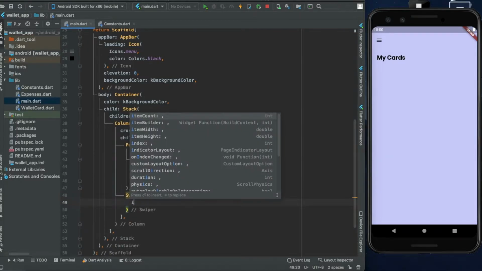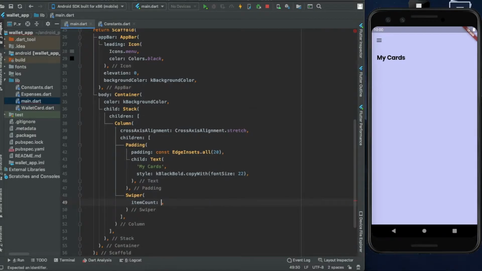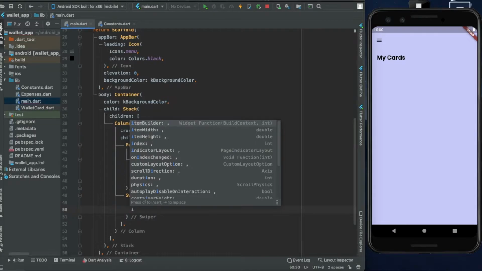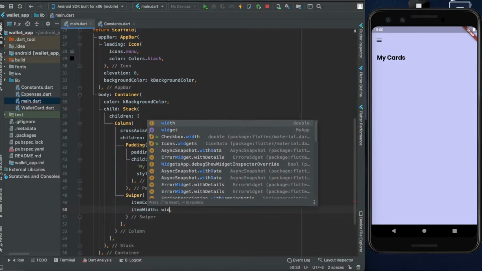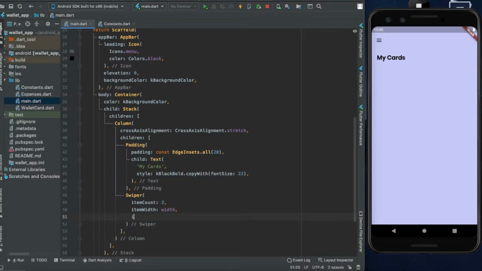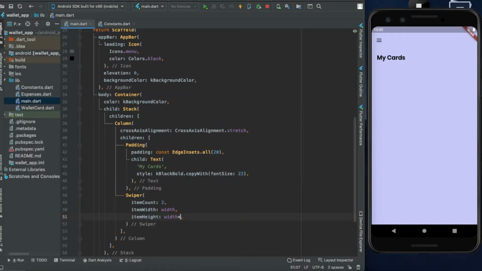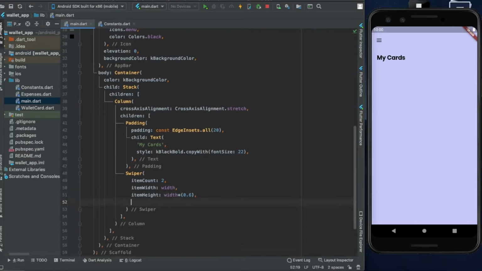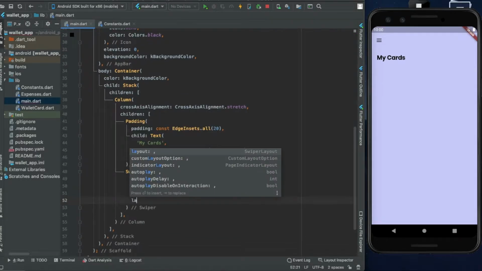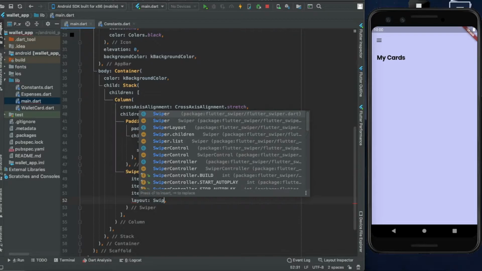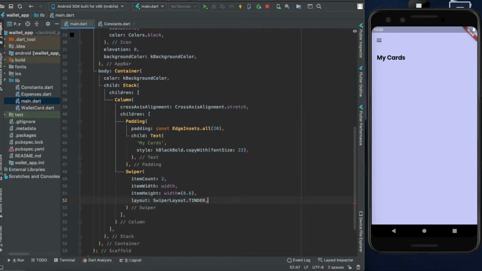So the Swiper has an item count, in this case let it be 2 for the moment, and it is going to have an item width, which is going to be the width of the screen, and it will be having an item height, which is going to be 60% of the width of the screen, which is going to be width star 0.6, and it will have a layout, which is going to be a SwiperLayout dot TINDER, and finally an